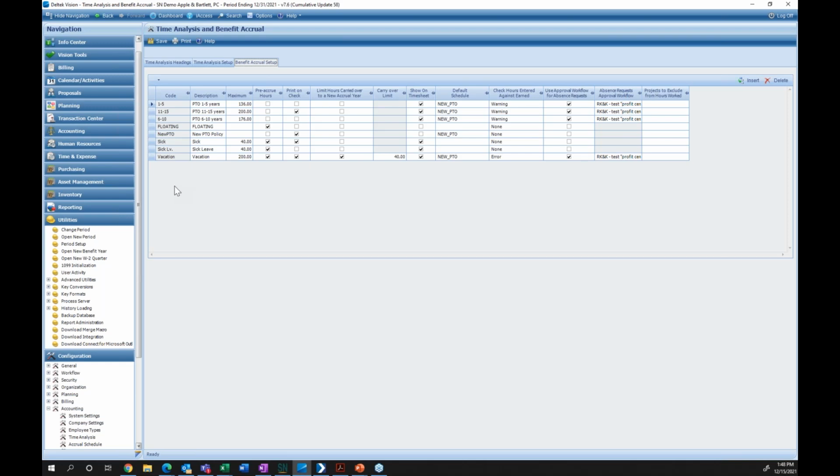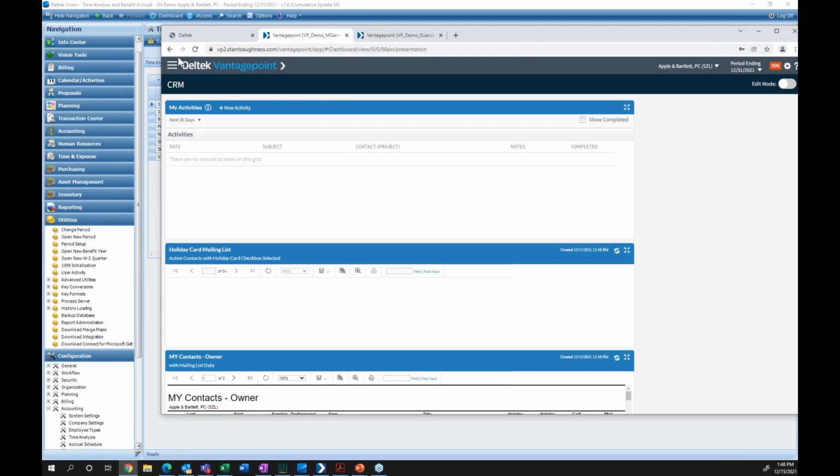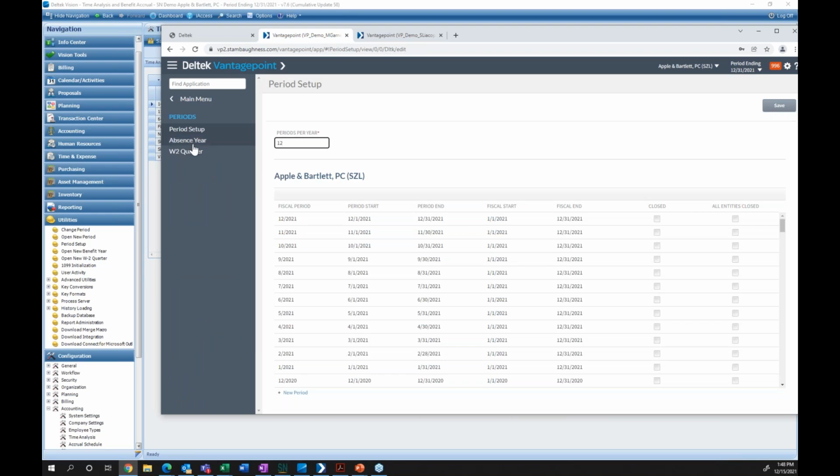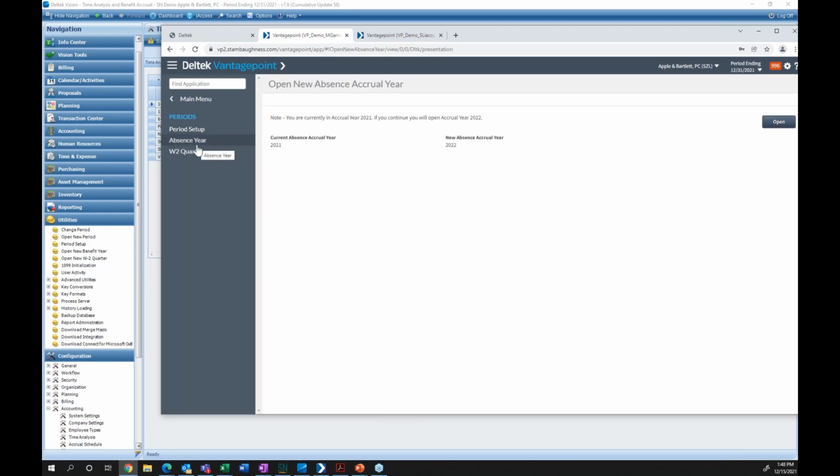Prior to running your open benefit year, I always recommend running an accrued time report. This is a strange thing. In Vantagepoint, it's still called an accrued time report. But when you look for the open benefit year, it will now be referenced as, let's go into Vantagepoint, periods. It's called absence year. So just remember, if you're in Vantagepoint, if you can't remember what it's called, if you just even type in year, at least you could find it. Just remember the word year, otherwise it's absence.